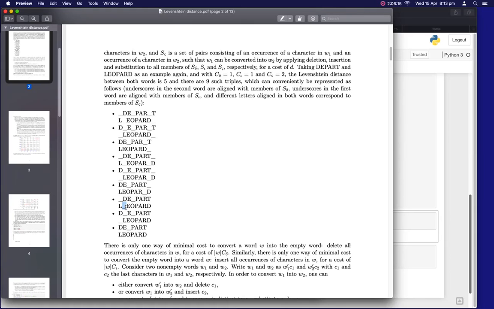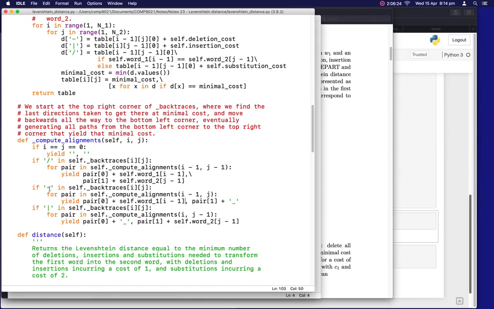When we insert, it's the other way around. When we insert, we put a hyphen in the first word, and we put the letter we insert in the second word, right? So here we delete, so we show the letter we delete in the first word, and we show a hyphen at the location in the second word,